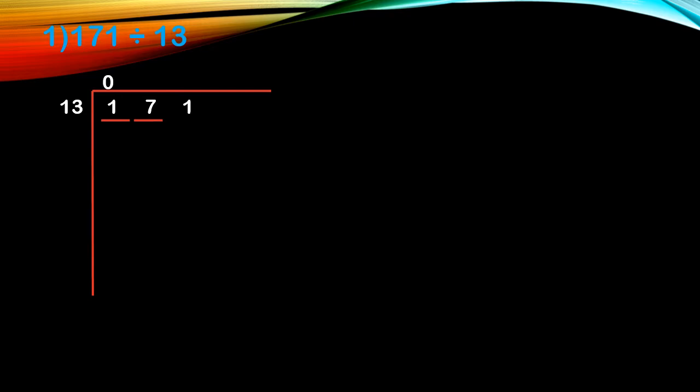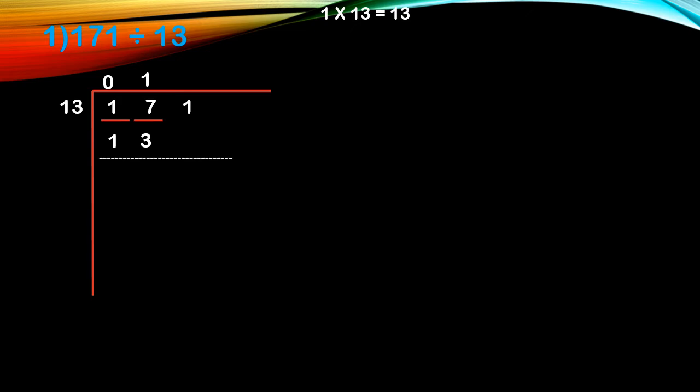For that we can use the multiplication table. If you don't know multiplication tables, we will do the multiplication and we can find out. I will teach you. So 17. We can easily say any number multiplied by 1 is the same number, isn't it? So 13 into 1 is 13. So we can write it here, 13. So 1 we have to write in the quotient.